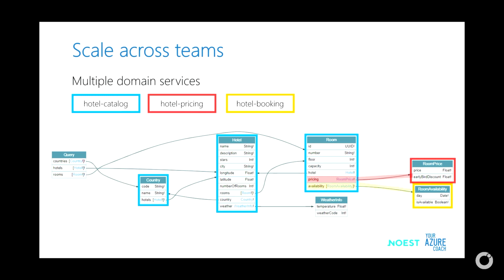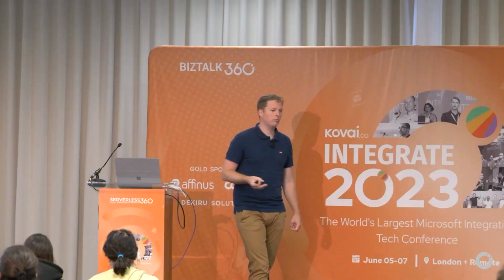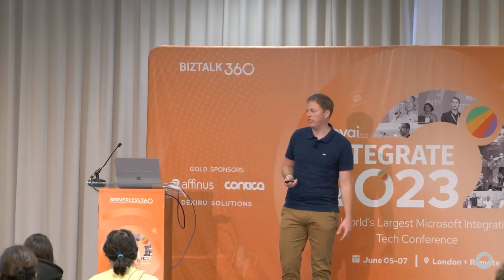And for the sake of the demo, I also stitched in the weather information. So we have the longitude and the latitude of the hotel. I just go to the OpenMeteo API, that's a REST API, to fetch the weather information. So you can display that nicely on your website where you are advertising your hotel, which will be in a very sunny period. So different backend services, different domain services, but as an API consumer, you don't see that.